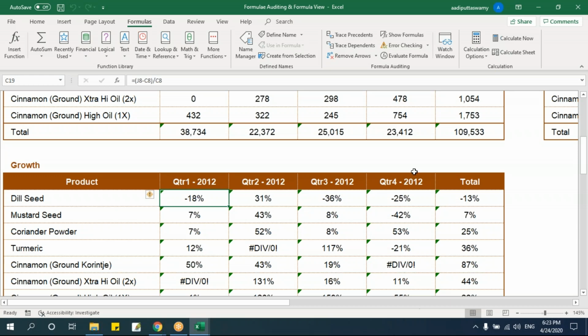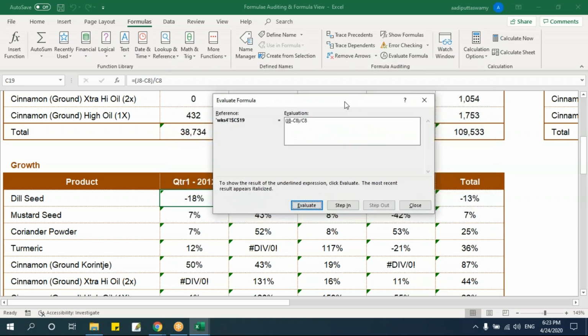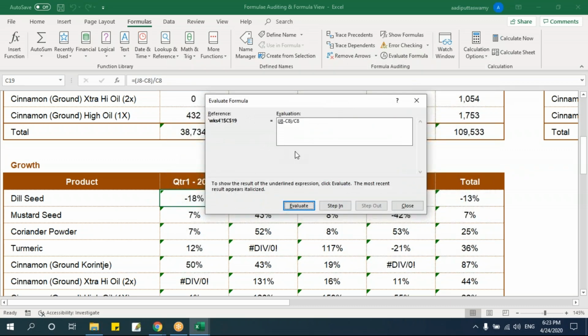In that case, I can use this evaluate formula. If I click on this, I'll get one dialog box like this, wherein it will try to solve or simplify the equation one by one, that is cell by cell, or part by part. If you can see this, there is one underscore. If I say evaluate, it will give me the result of this J8. See, I got the result. Now it says C8. Let me click on this. See, now it will try to calculate this one. It is saying minus 1119. It is removing the bracket now. See, done. That is going to C8.